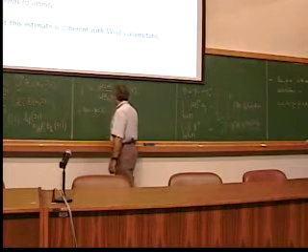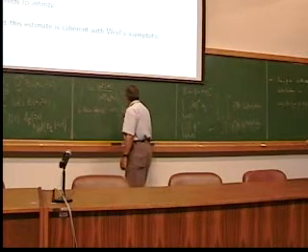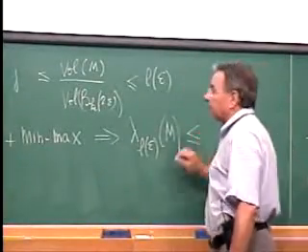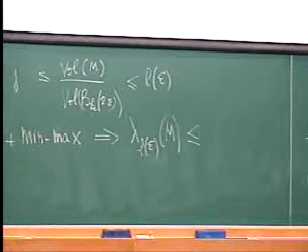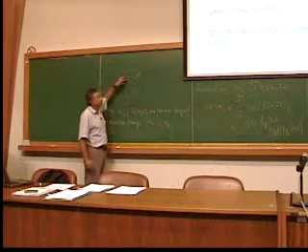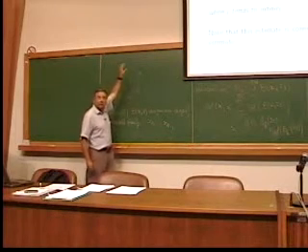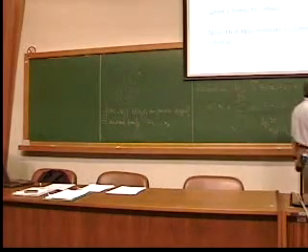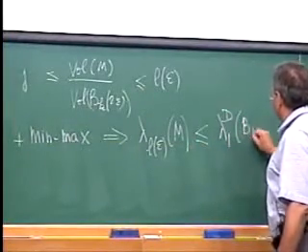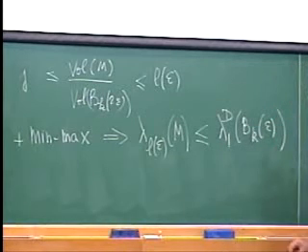And then if I plug this into the min-max, so this tells you that lambda L epsilon, lambda of M, must be less than the maximum of the eigenvalue, or the first eigenvalue with the Dirichlet boundary condition for these balls. But this is what Cheng's theorem tells you. So this is less than lambda 1 d of B_k of epsilon. Okay, so now you have